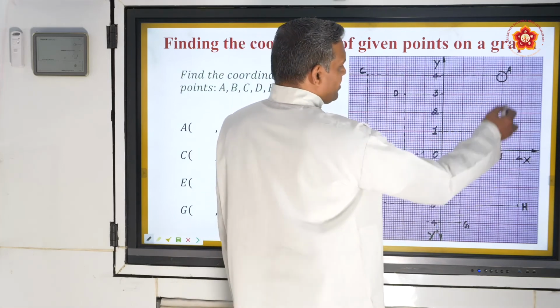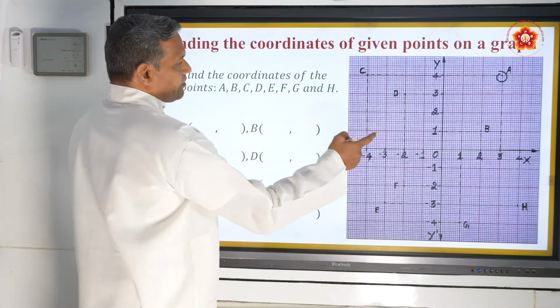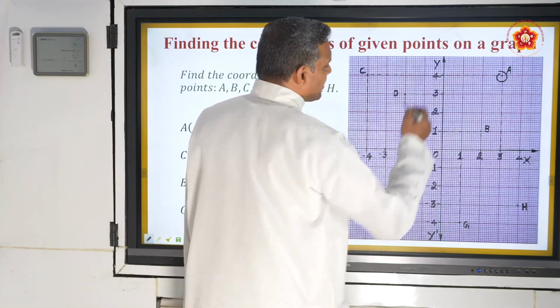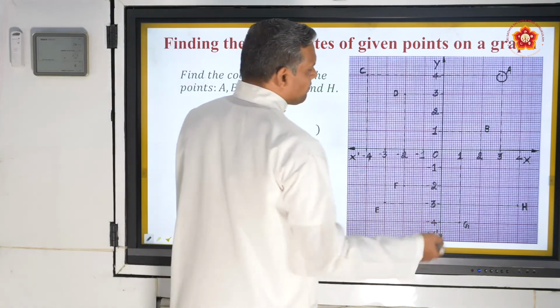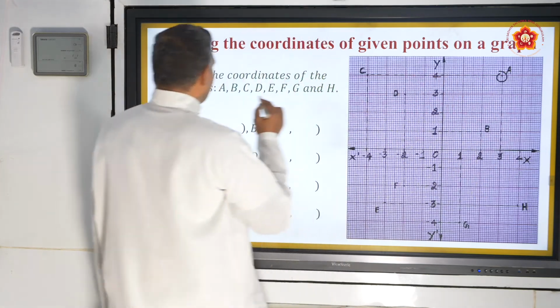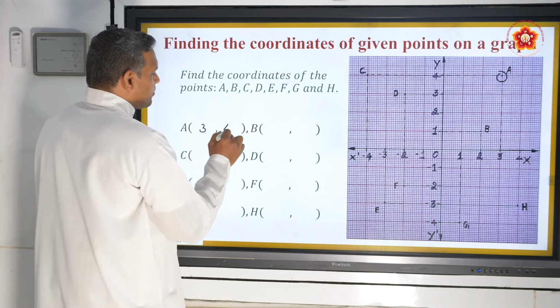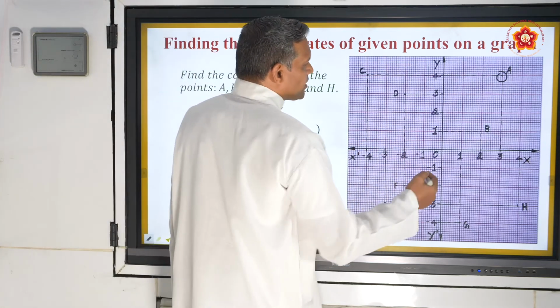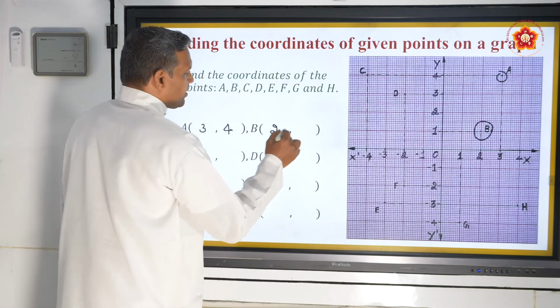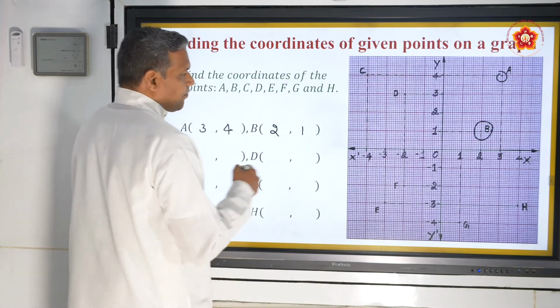See what is a 3 comma 4. So you can write point A. First you have to search the point in X axis and then search the Y axis. You know it. Of course I am telling once again, don't confuse. First X and next Y. So 3 comma 4. And come to B. I don't go much elaborated here onwards. So 2 comma 1. And go to the point C.